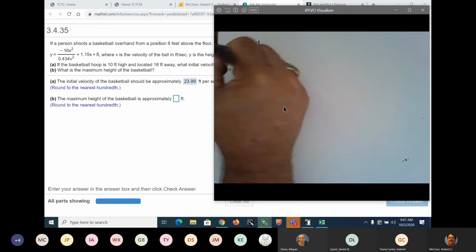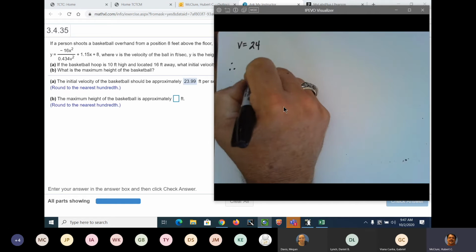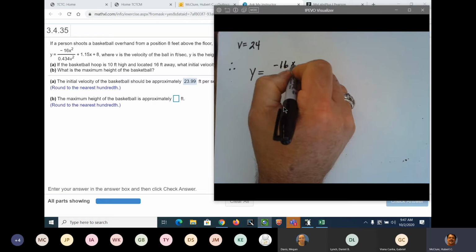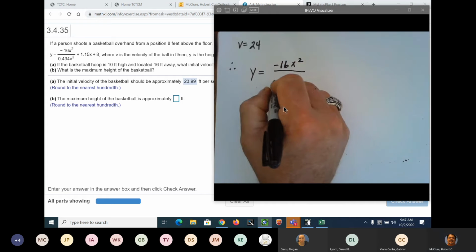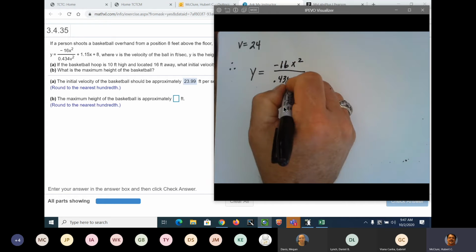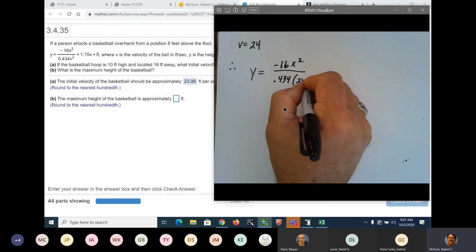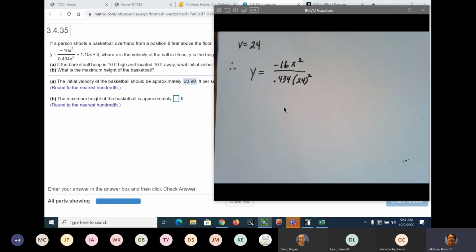Therefore, y is equal to negative 16 x squared over 0.434 times 24 raised to the second power